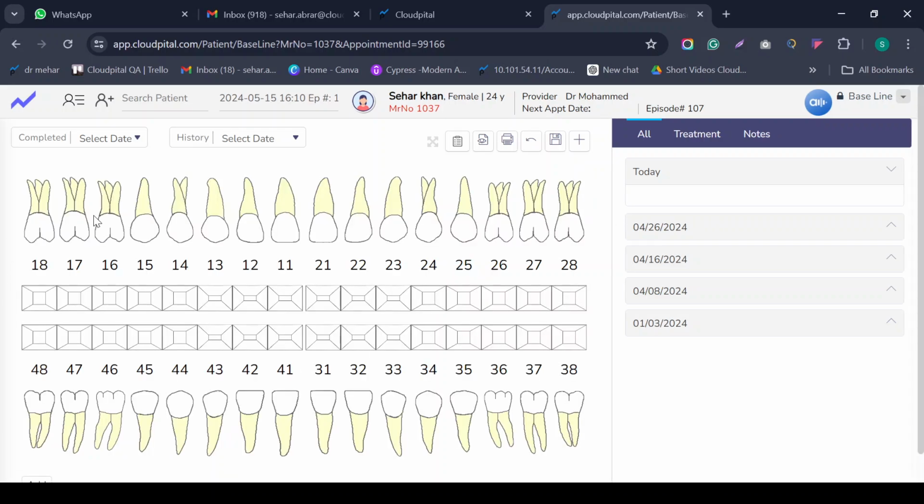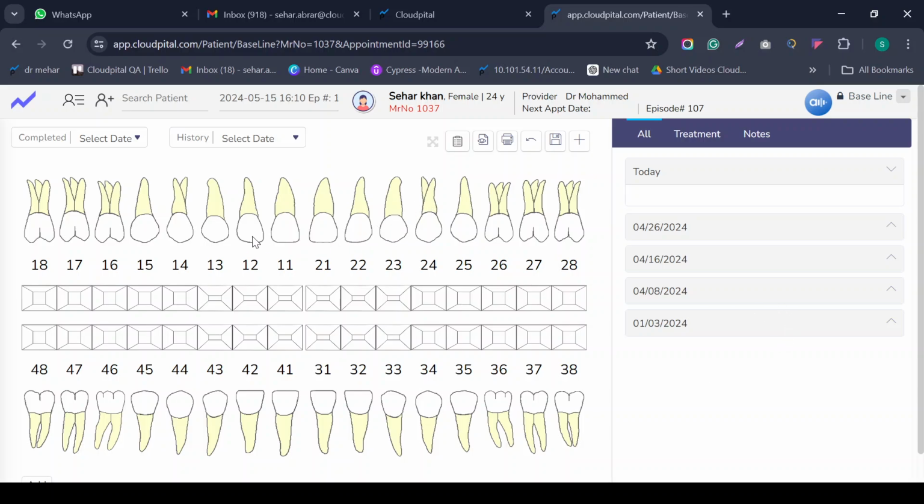Basically, all of the patient's teeth records will be shown on this screen. The patient is 24 years old, so all of their year-wise data will be shown. If a 5-year-old or 2-year-old child comes into our system, then their corresponding teeth will be shown, like their 12 and other teeth according to their age. Because currently there is a 24-year-old, all of the teeth are shown. If a child comes into our system and doesn't have the full set of teeth, then their corresponding teeth age data will be shown on these screens.